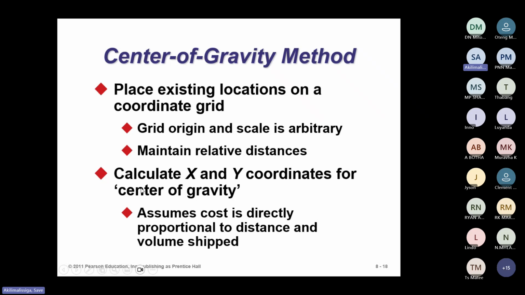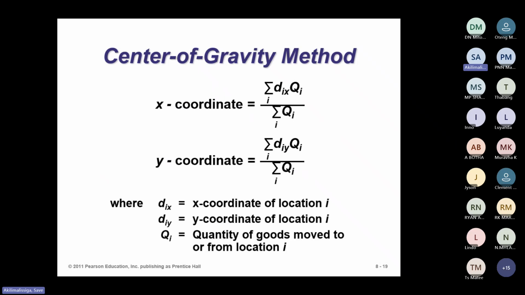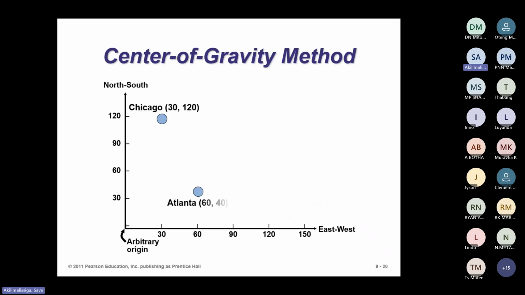Maintain relative distances, calculate the X and Y coordinate for the center of gravity, and assume cost is directly proportional to distance and volume shipped. Okay, let's just try to see that from these examples here. Oh, before even that, these are the formulas that we're going to use, but don't worry too much. It might look scary and big. It's not really something that you can memorize, but from what I'm going to explain, I believe you'll be able to understand it